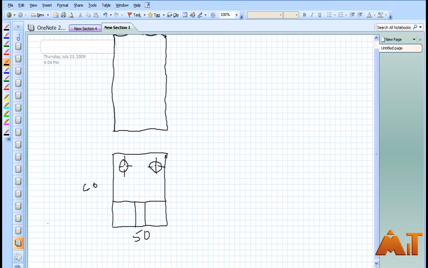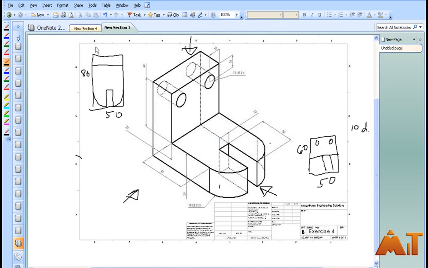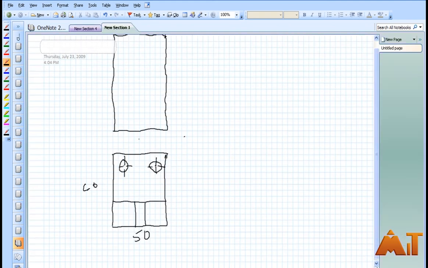And now the next thing that we want to do is to draw the fillets in. So let's start doing that. Let's go back, and we can see that from the corner it's a 20 mil radius. So let's start drawing that. What we're going to do is find the center point first. So it's going to be 10 by 10 is 20, 10